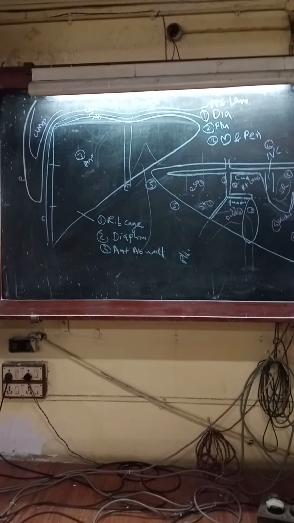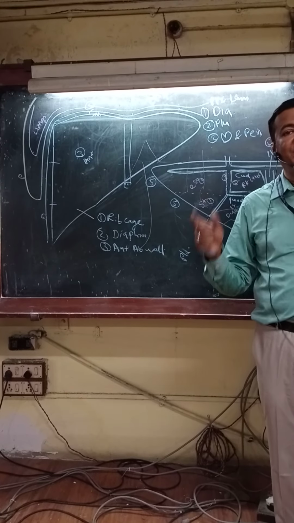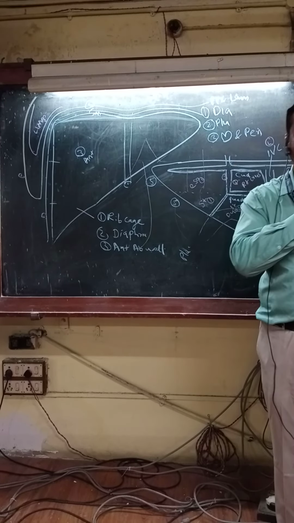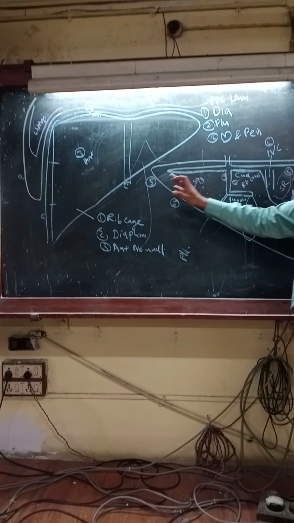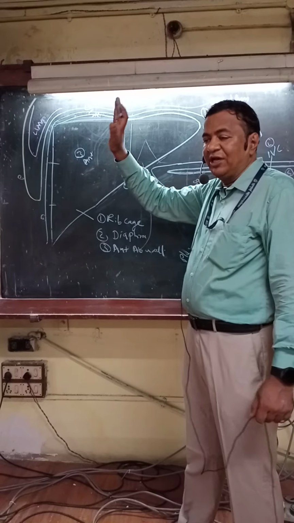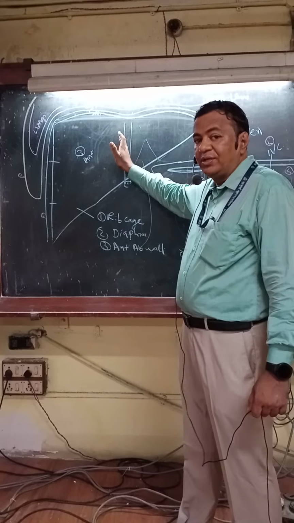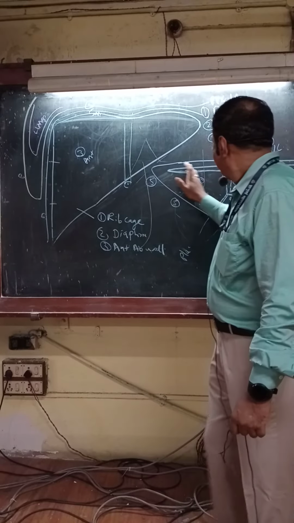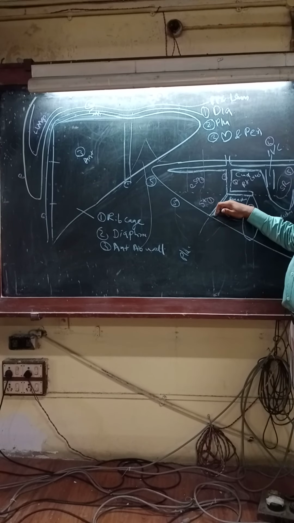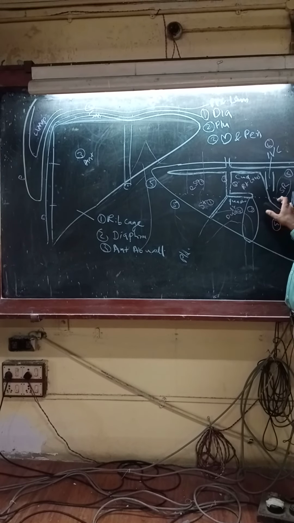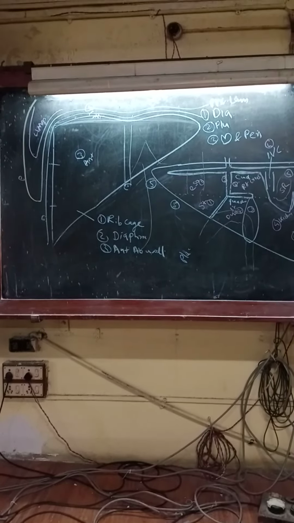But I have told you that before you write visceral relations, every time you have to write the peritoneal relations of the abdominal organs. So the liver is an intraperitoneal organ covered by peritoneum. Anteriorly is the falciform ligament, which runs from the anterior abdominal wall to the liver. And posteriorly there is the fissure for ligamentum venosum. There is the porta hepatis. There is the fossa for gallbladder. So then they ask you, what are the bare areas of the liver?